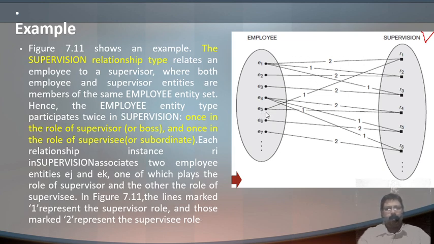I just made a mistake here. E5 is a supervisor for E1, correct, and E1 is a supervisor for E2. I repeat again, E5 is a supervisor for E1, and E1 is a supervisor for E2.